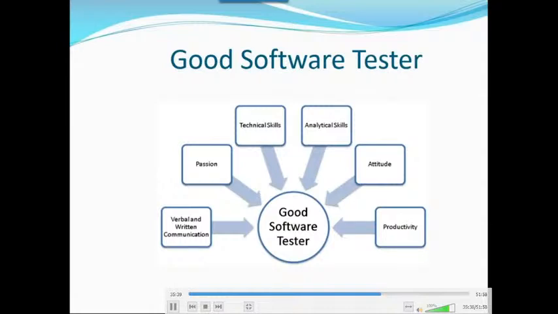And attitude, body language, and communication are among the most important, because sometimes you are reporting the issue but the developer is not accepting it. In that case, what will you do? Can anyone answer? Do you understand my question? You are reporting the defect but the developer is not accepting. Then how can you convince the developer that you found a defect? You are reporting the issue but the developer is not accepting it. So in that case, what will you do? Will you ignore that issue?